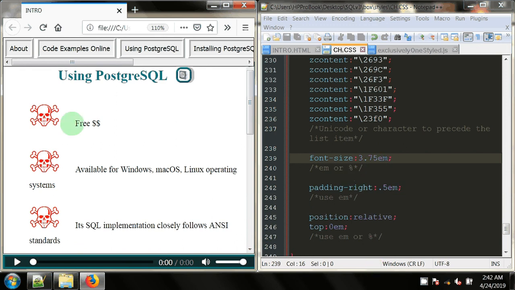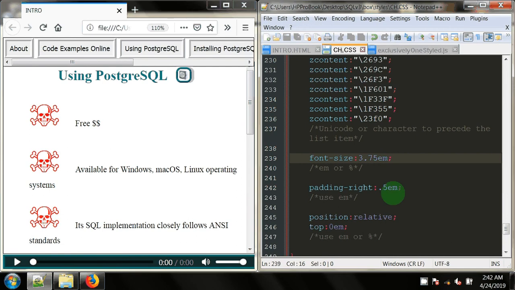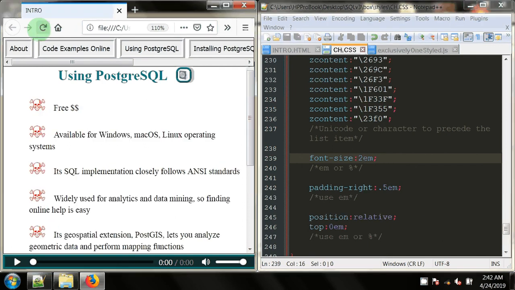But that kind of looks awkward, doesn't it? That doesn't look very nice as far as list items go. So maybe I'll just set it to a flat 2 EM and see how that looks. So it's a little bit bigger, but yeah, it's okay. All right, going on to the next